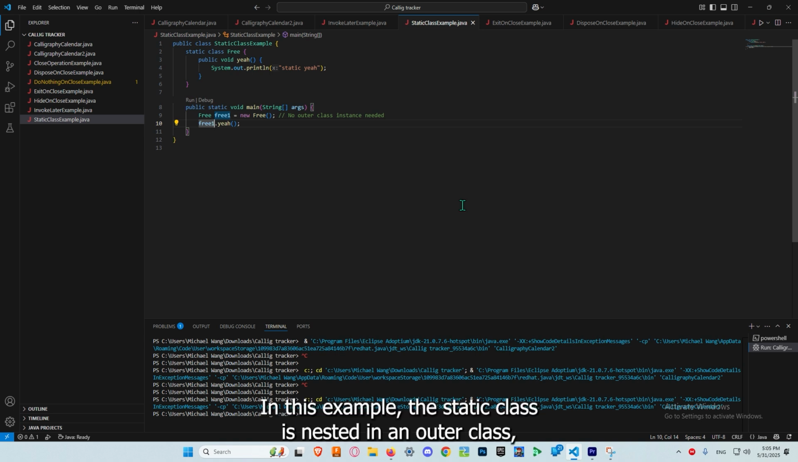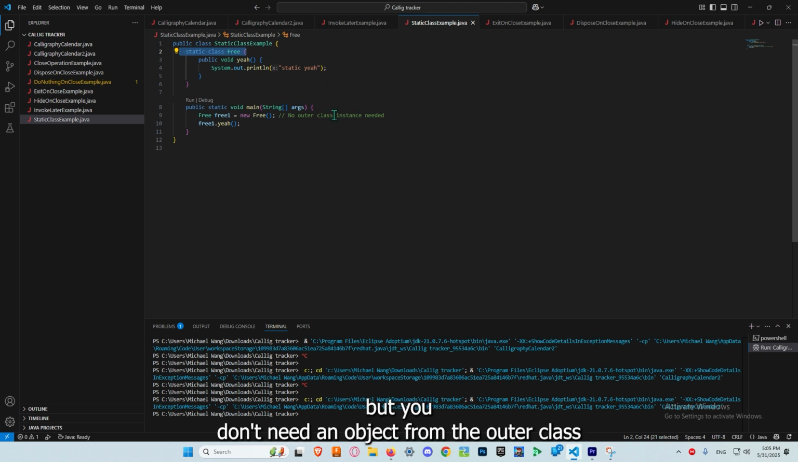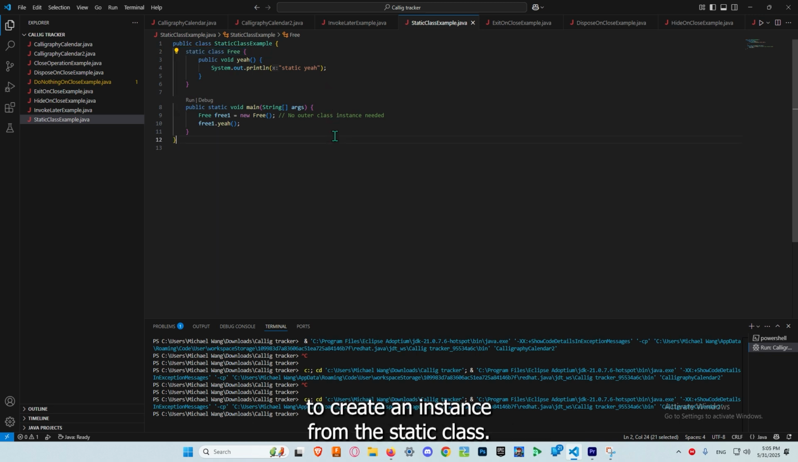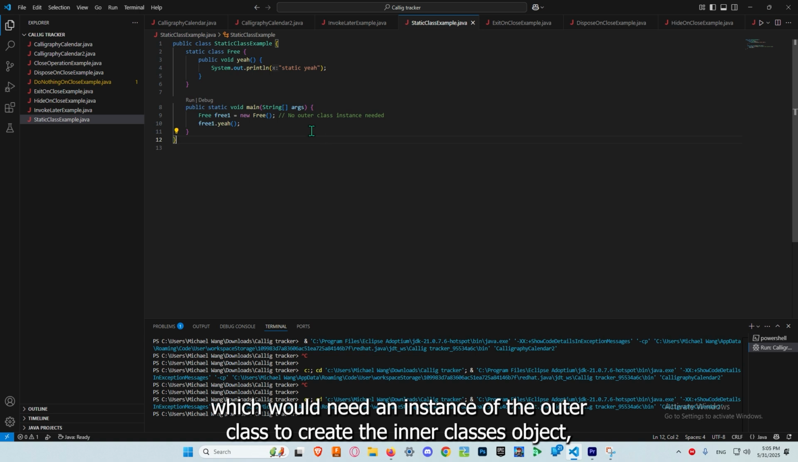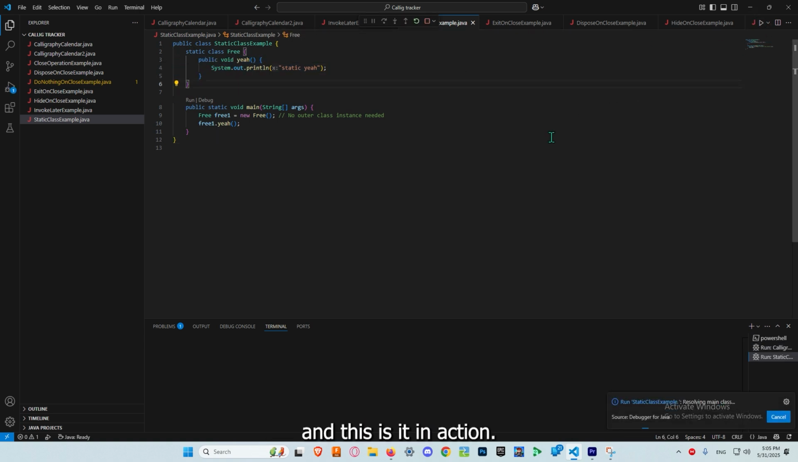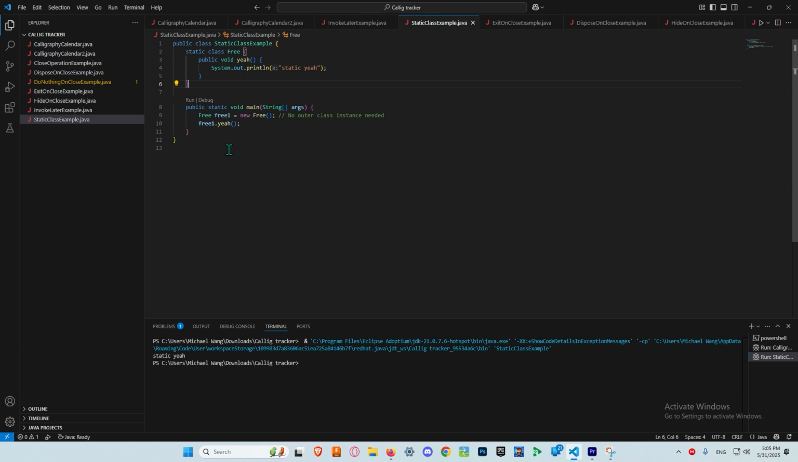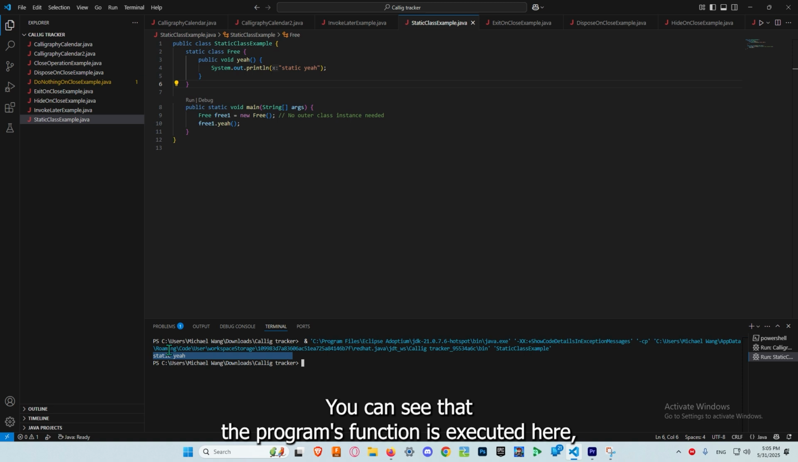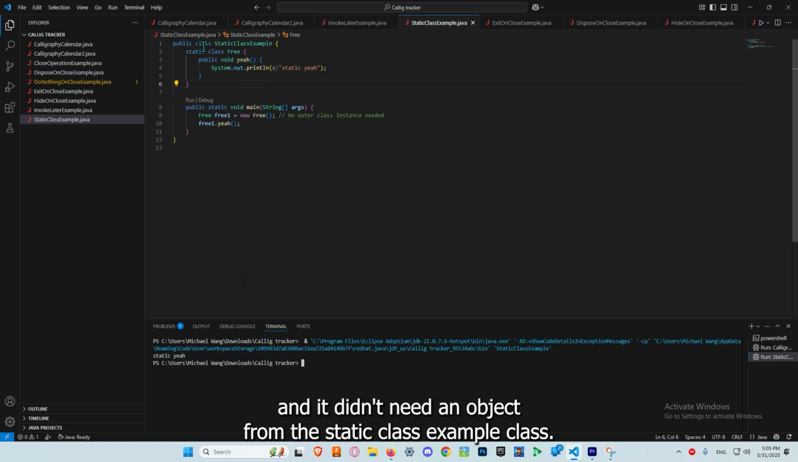In this example, the static class is nested in an outer class, but you don't need an object from the outer class to create an instance from the static class. This would be impossible for a non-static nested class, which would need an instance of the outer class to create the inner class's object. And this is in action. You can see that the program's function is executed here,